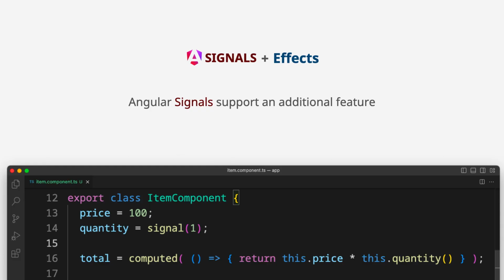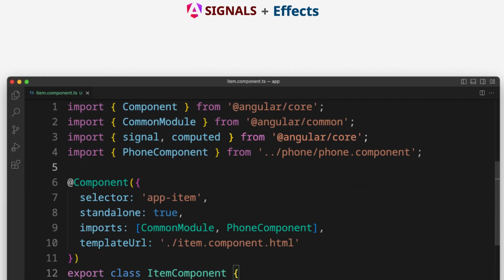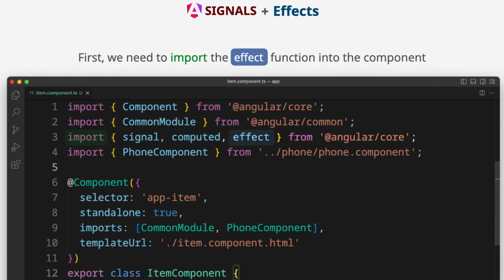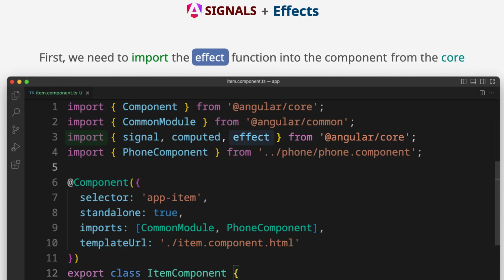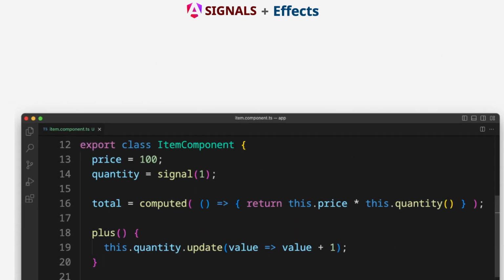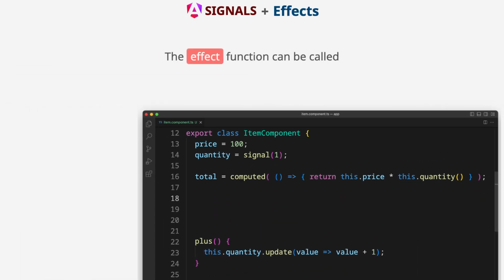Angular signals support an additional feature called effects. Let me explain what it is. First, we need to import the effect function into the component from the core. The effect function can be called in the component's constructor.